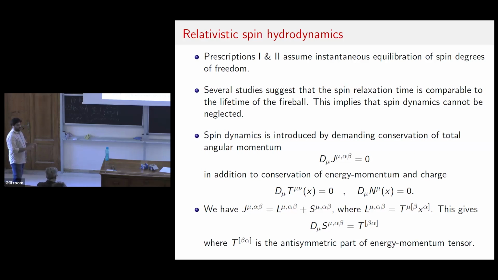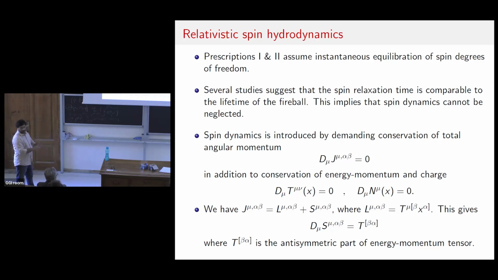So the idea is that if one works in a pseudo gauge where the spin tensor is not zero, one can separate the total angular momentum into an orbital part and a spin part. And the orbital part is this. So when we substitute in the equation for conservation of total angular momentum, we get an evolution equation for the spin tensor, where the right-hand side is the antisymmetric part of the energy momentum tensor. However, this procedure has a fundamental problem in the sense that the energy momentum and spin tensors are not uniquely defined. There are infinitely many choices of spin tensors and energy momentum tensors that give the same equations of motion and the same set of conserved charges.